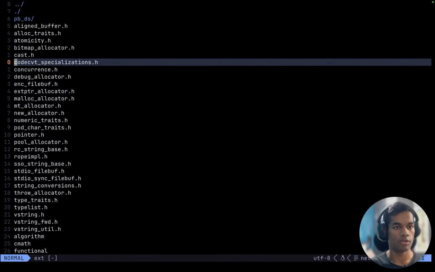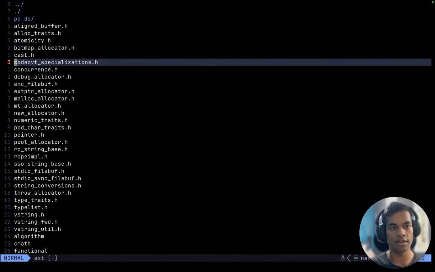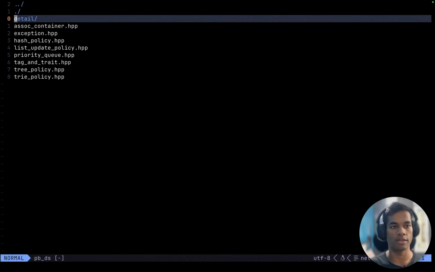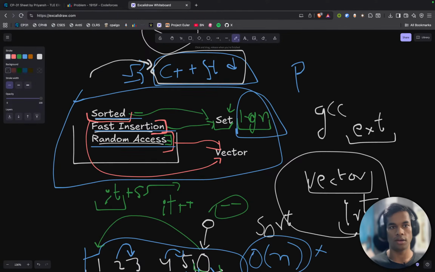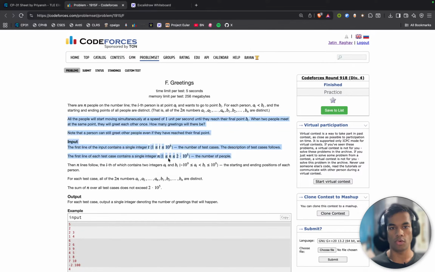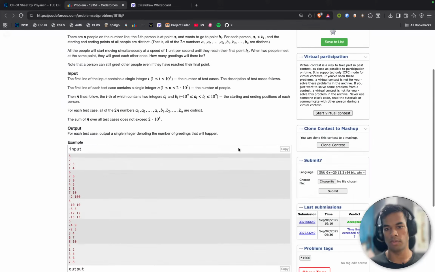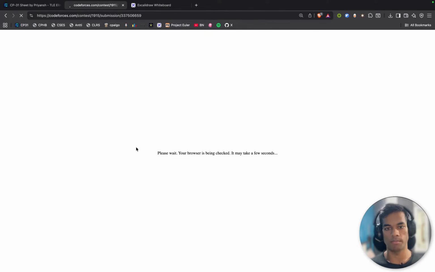And there is this folder also, extra or extended, and inside it we have PBDS, policy based data structures, which has the things that we want to read about today. And in this question, which required a data structure with these properties, if you go to the solution, the one that I submitted,